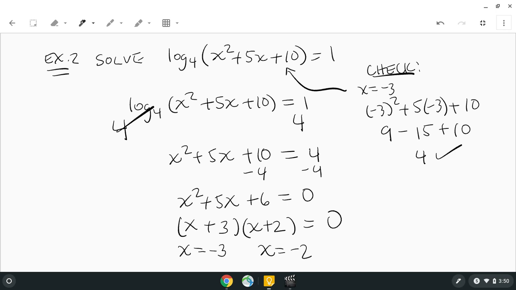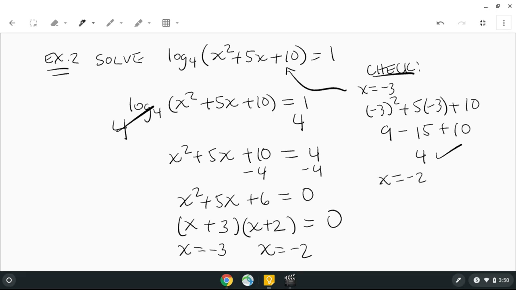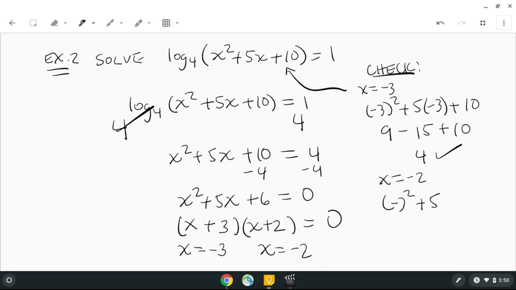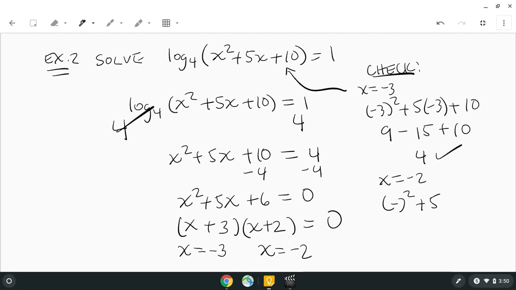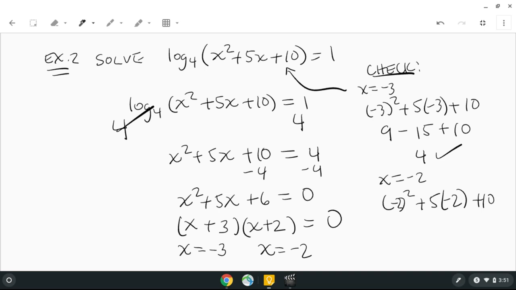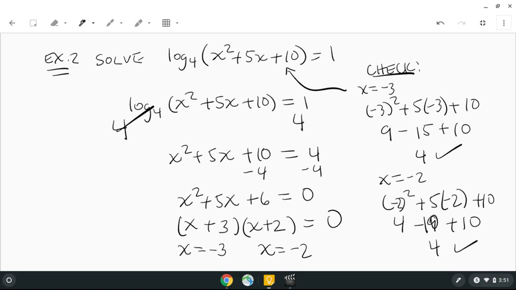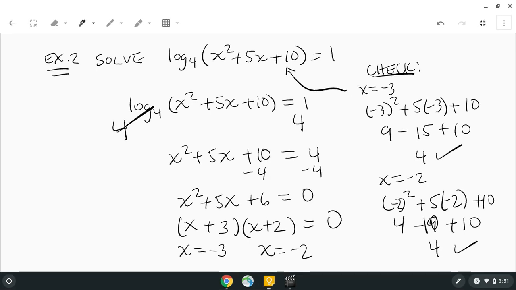If I check the other answer, x equals -2, then I get -2 squared plus 5 times -2 plus 10. And I get 4 minus 10 plus 10. So we end up with 4. So we're good. Again, we're checking because sometimes you might get answers over here that when you plug it back